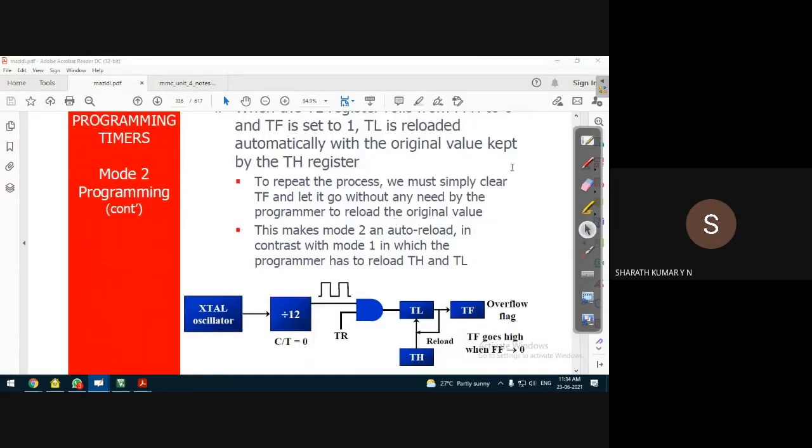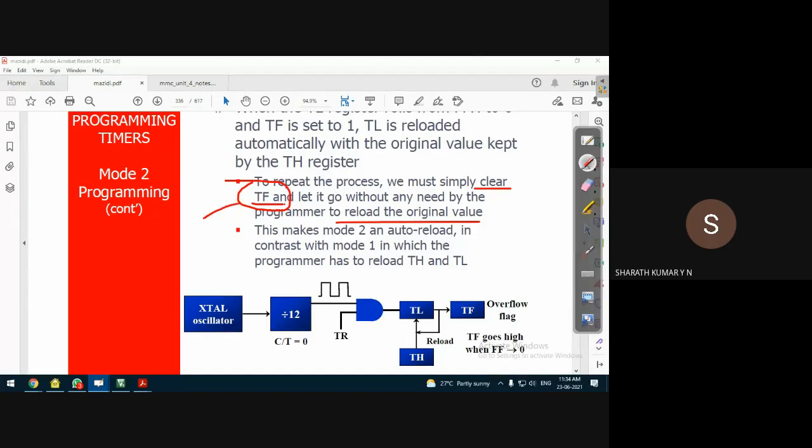So to repeat the process, let us say I want to repeat this operation continuously. Before we continue, what is important is that this overflow flag should be reset to 0. Without any need for the programmer to reload the original value, the initial count will be automatically reloaded by the microcontroller. That we need not bother about, but this we have to clear manually, that is the overflow flag.